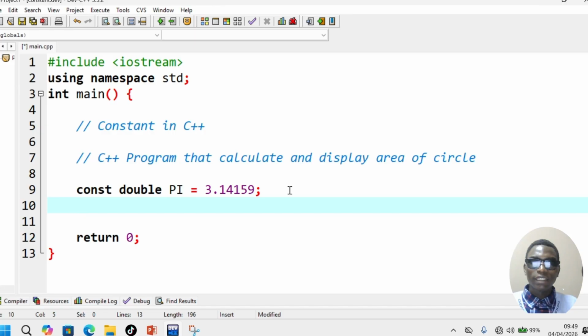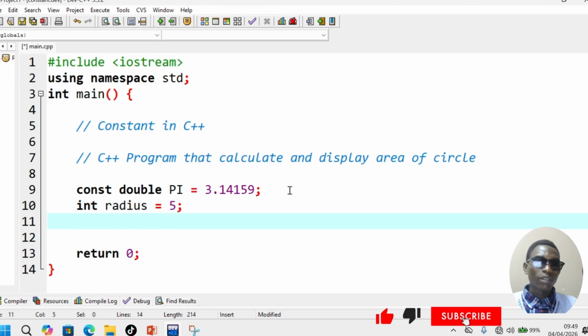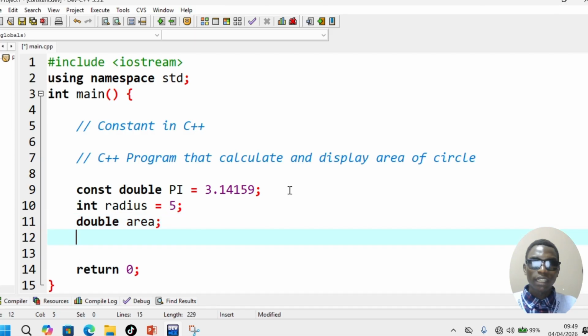We need now to make initialization of our radius, right? Int radius. Let us give it like 5, like this, but also we need area. Do you see? Double area. What we're going to calculate. Then after the initializations, let us now